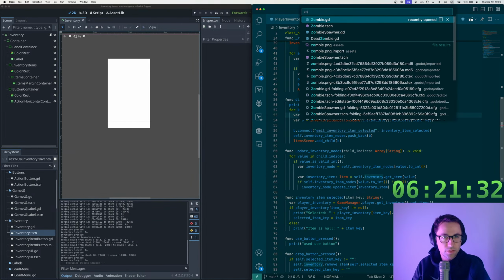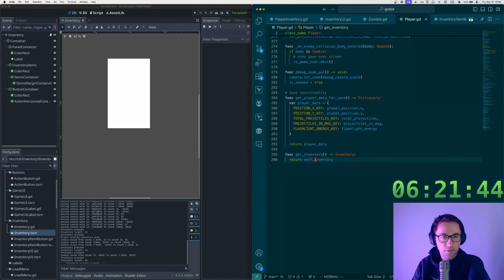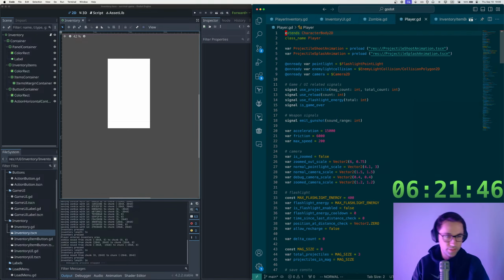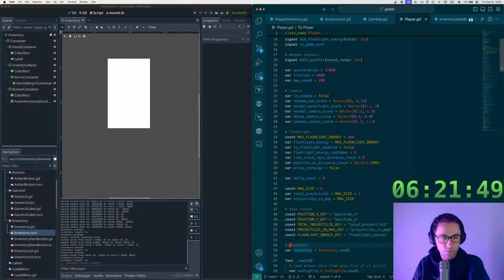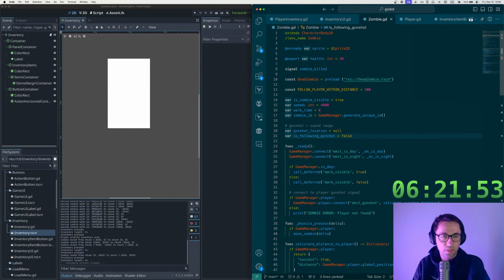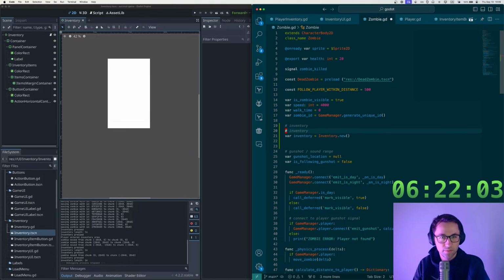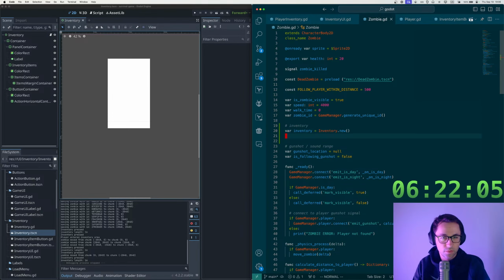So the first thing I want to do is make sure that zombies actually have an inventory, because they may not. I don't think they actually do. So much like we did for player, there's an inventory object that gets instantiated when the player is created, and we'll do the same for a zombie here. So we'll create their inventory,